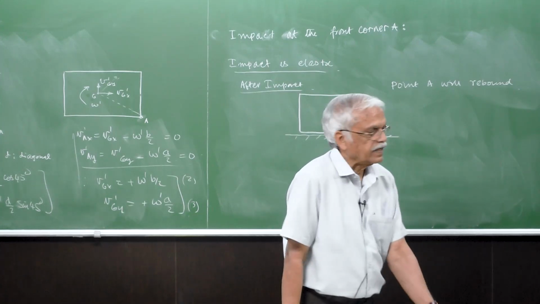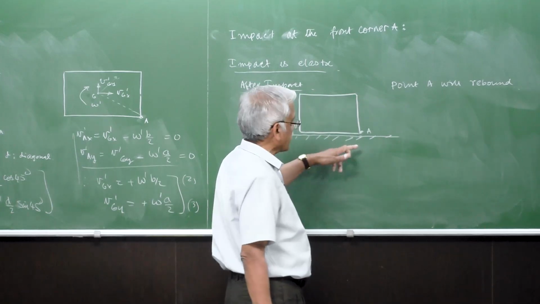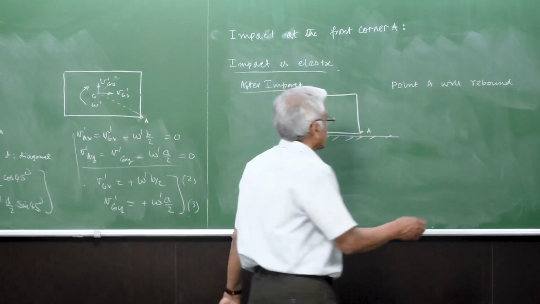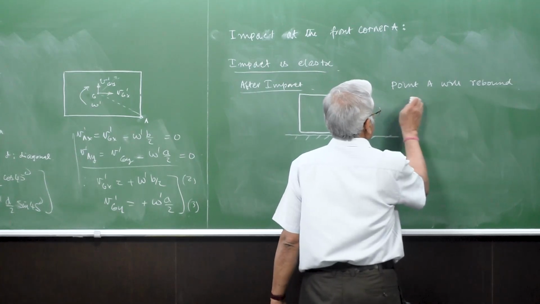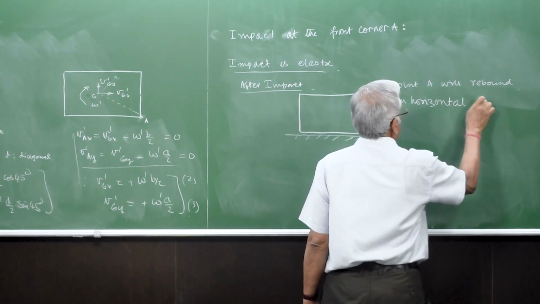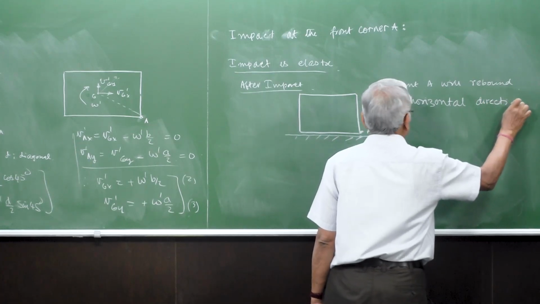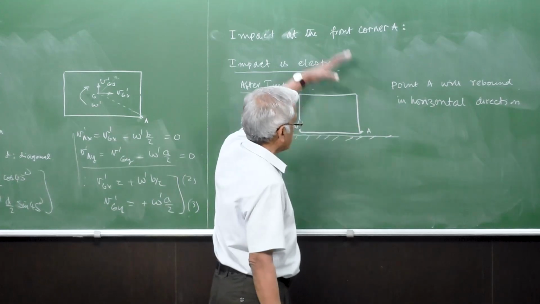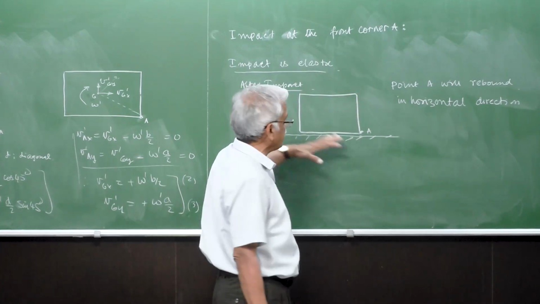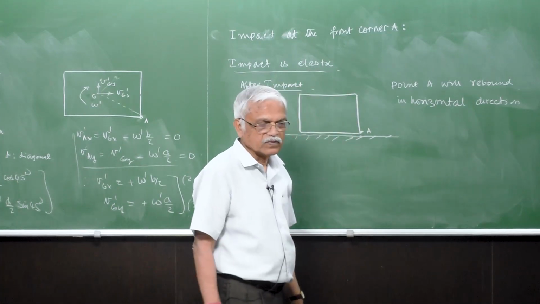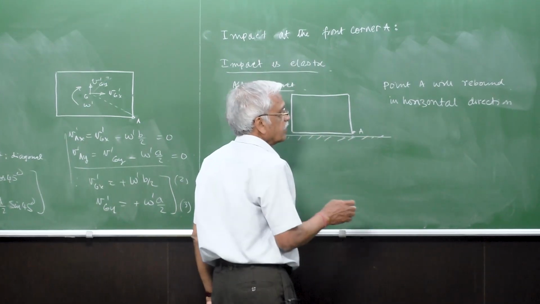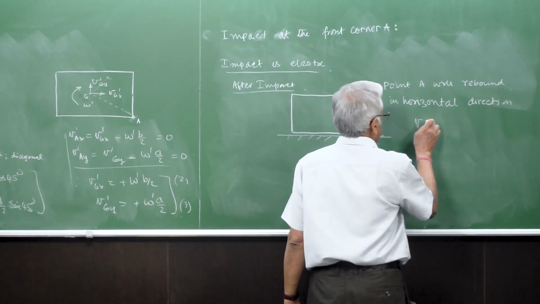It cannot penetrate, because there is a ground, and there is no vertical motion for A; it can only have motion in the horizontal direction, because it cannot go into the ground, nor will it go upwards. The plate is going to rotate and A would try to penetrate the ground, and that will not take place because this is a hard ground. So essentially VA prime here